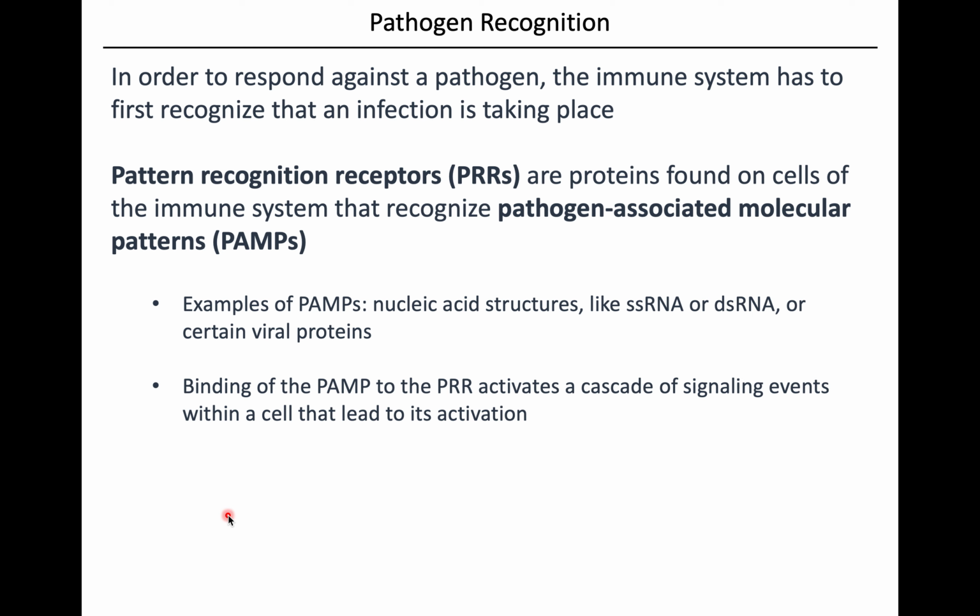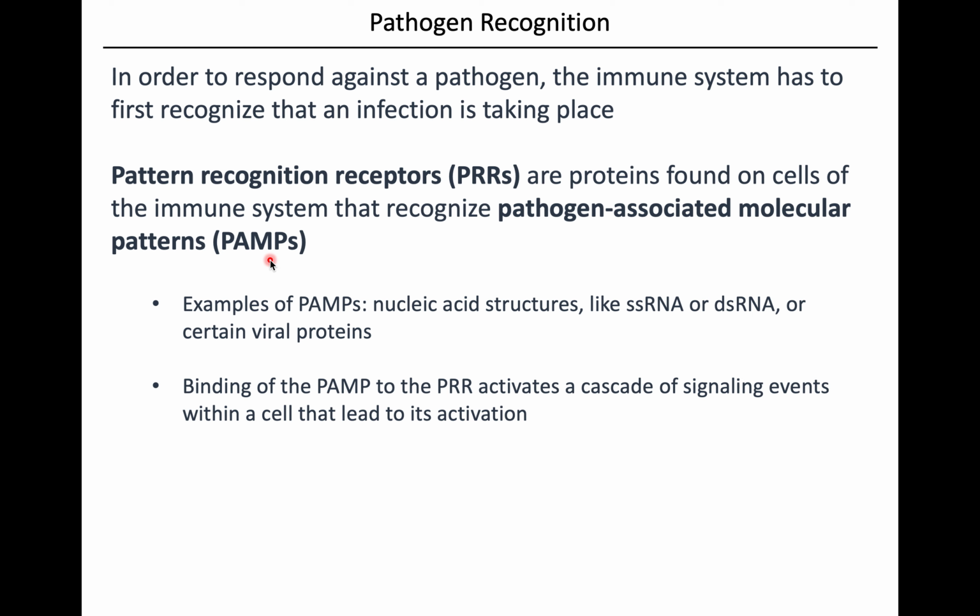All right, so in order to kick on that innate response, somehow cells in the host need to be able to recognize that a pathogen is even present. And so this really comes down to receptor-ligand type recognition. So host cells will carry what are called by virologists pattern recognition receptors, or PRRs. These are receptors on the surface of host cells that will recognize viruses in this case. And the generic term for what they're looking to recognize are called PAMPs, which stands for pathogen-associated molecular patterns.